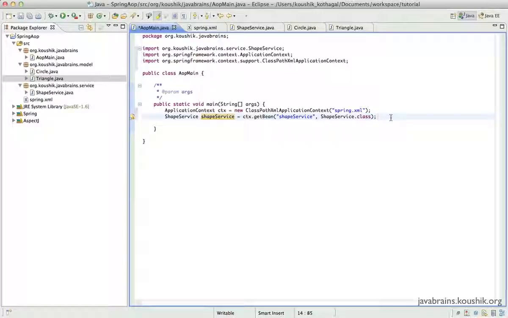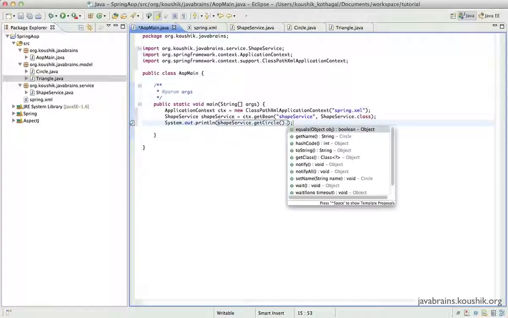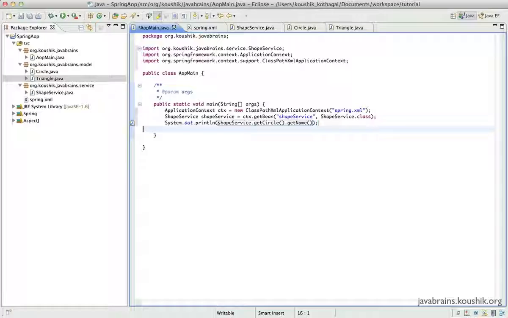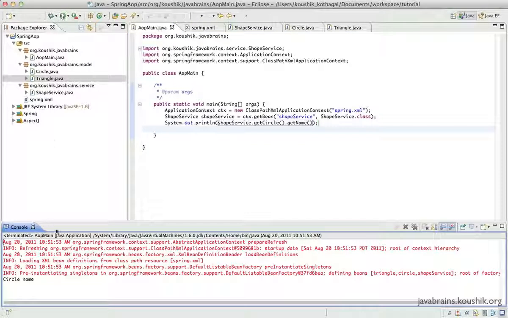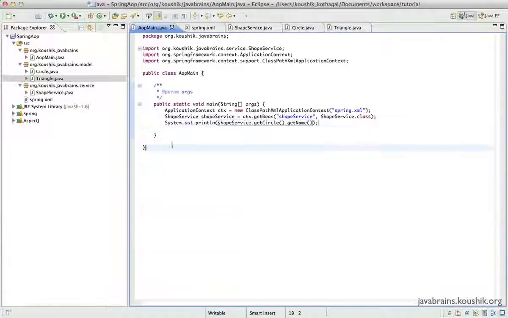Now I'll use the shape service to get, let's say, a circle's name. So I'll print this out. I'll print the shape service dot get circle dot get name. So it should print out circle name. I'll save and run this. So here you see circle name is printed. So now this is core Spring. Okay, we have done dependency injection, and we have set up a lookup with the get bean, and Spring is